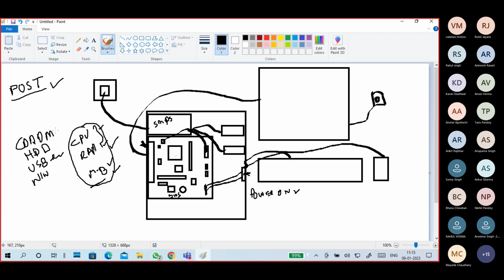So what happens? The system will try to get an OS from CD-ROM. Okay, CD-ROM, whether any bootable drive is there or not. And if it is not there, then it will check the hard disk. If the hard disk contains an operating system, then load the operating system from the hard disk. If it is not there, then go for the next. So it is checked with the priority. If in case you change the priority,